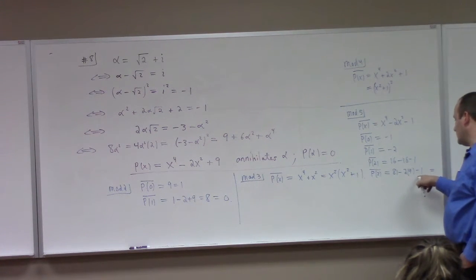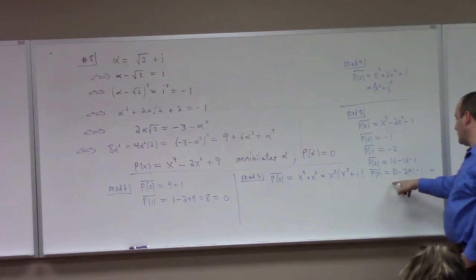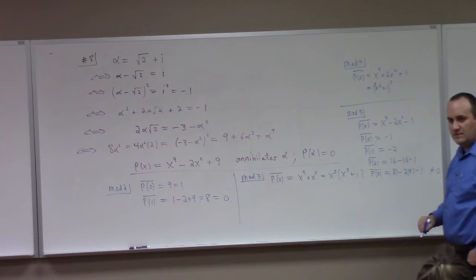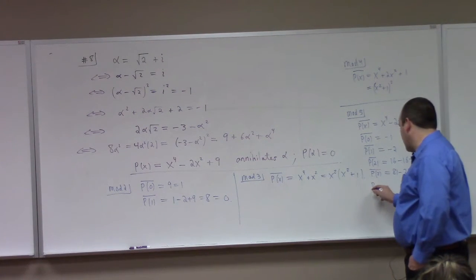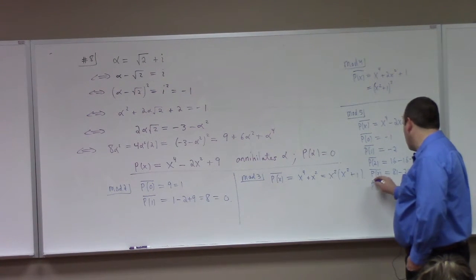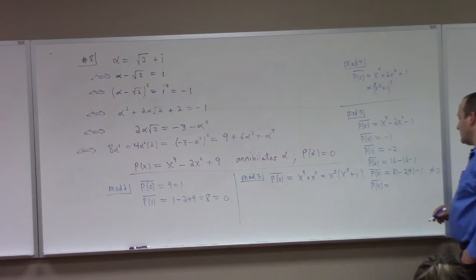Anyway, so this is a subtraction of 19 from 81. It's not equal to 0, right? I don't care what it is. It's not a multiple of 5. If I plug in 4,